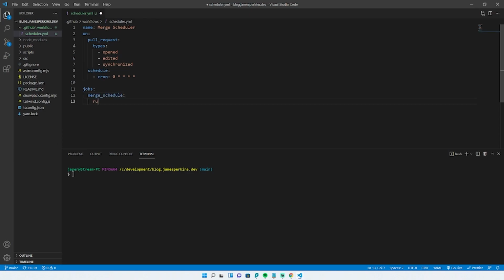We're going to tell it to run. So we do runs-on: ubuntu-latest. And then we're going to tell it the steps to use. What we're going to use here is something called merge schedule action, and that's by gr2m. So you can do gr2m/merge-schedule-action, and it's at v1 currently, and then you can do with,